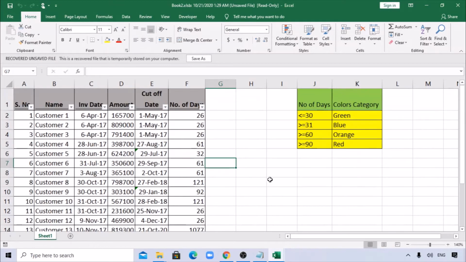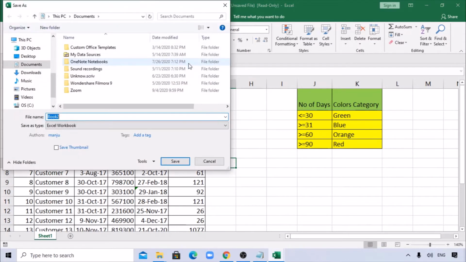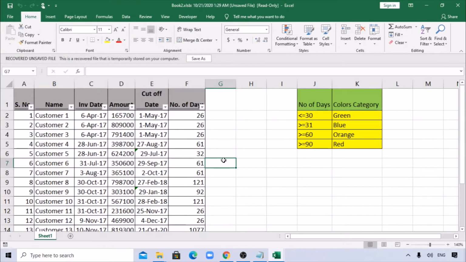now you can see the data which I had not saved, and it is giving you the option to save it. If you want, you can go ahead and Save As and save your file. It's a very helpful function and really helps us save most of the time which we worked on this.